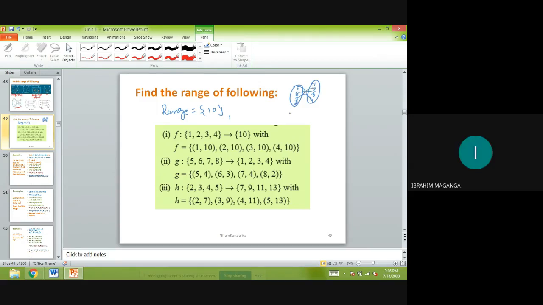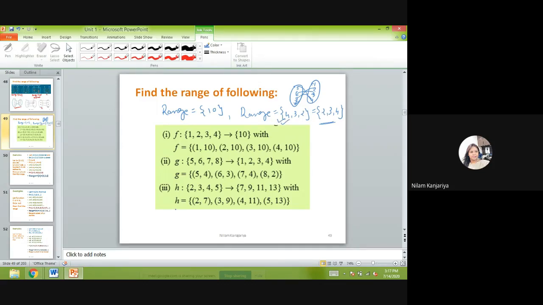So now it is a Venn diagram. Is it a function or not? It's a function. So what is the range? The range is 4, 3, and 2. You can write them in ascending order, or you can write 4, 3, 2 like this. You can also write 2, 3, and 4. It's a good manner to write, but otherwise you can write as you like. There is no problem.